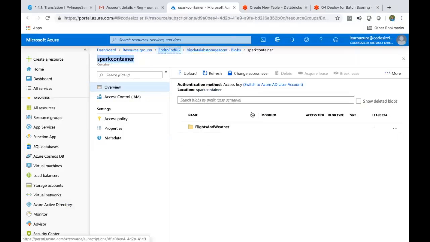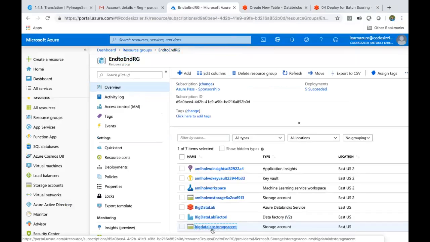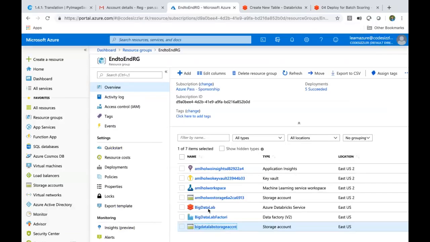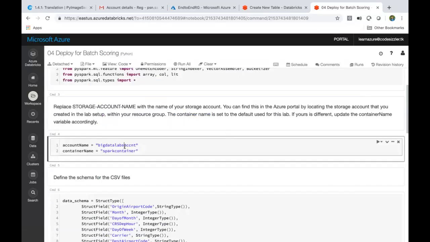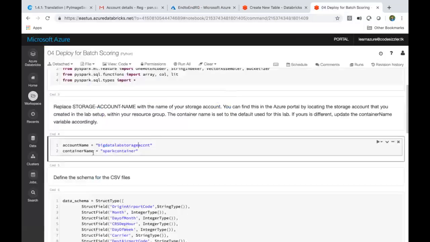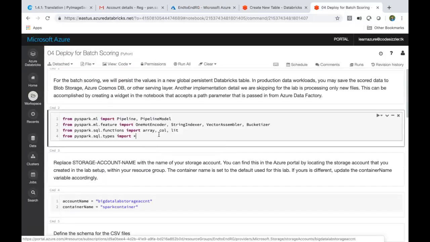Let me map this, big data labs storage account. Let's confirm it. BIGDATALABS storage account. Right? So the container name is Spark container. That is already there. Okay. Let's execute one by one. This is done.